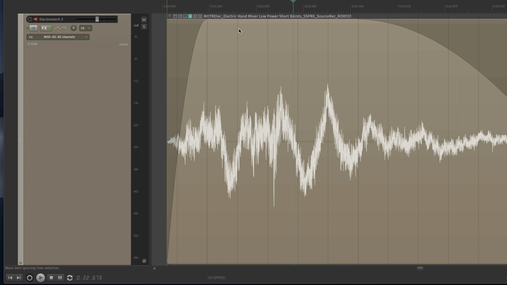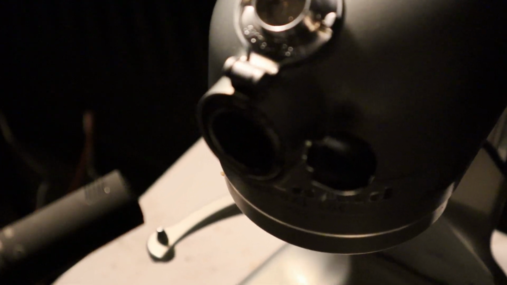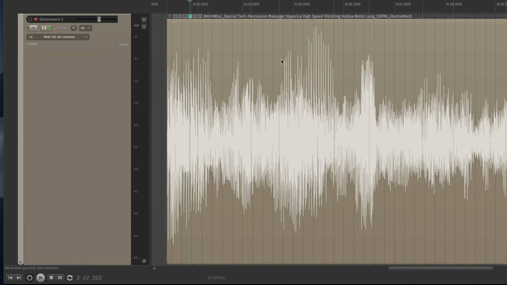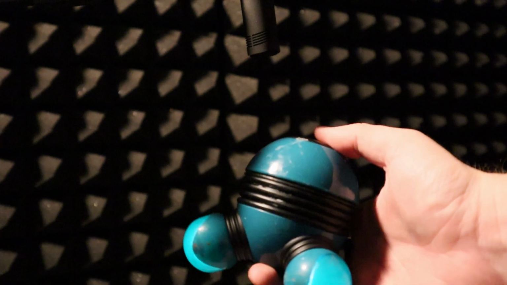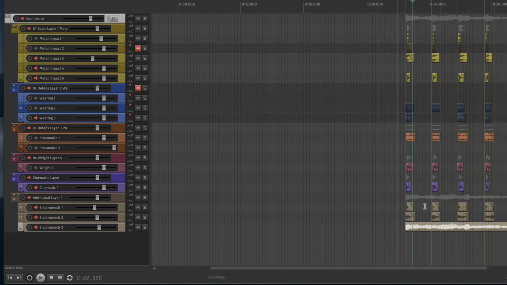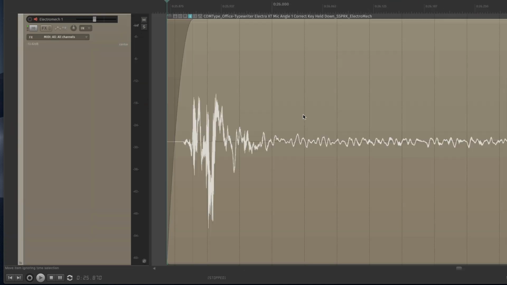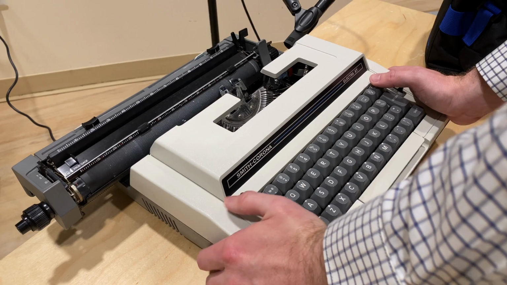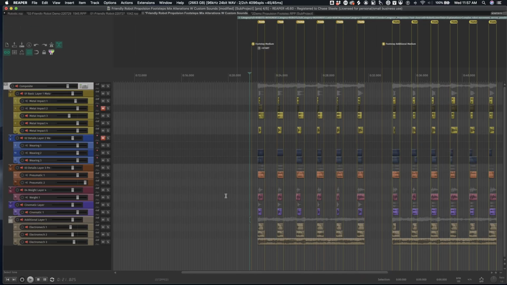So we can see I found that I had an electric hand mixer that might fit really well here, like a back massager, like a huge back massager. I've used that a lot for a bunch of different robotic type of sounds before, actually. This one is a typewriter. All right. So all of these things in here, I came up with this version of the Footsteps.